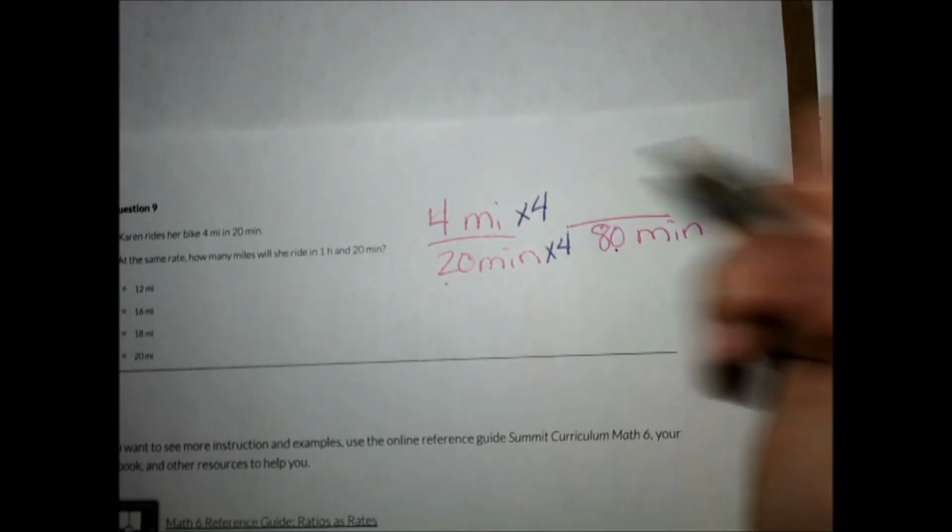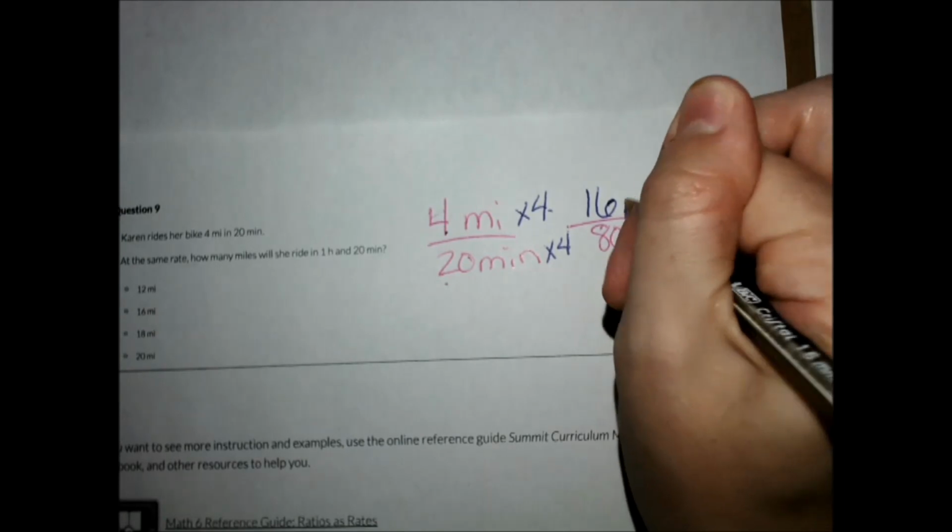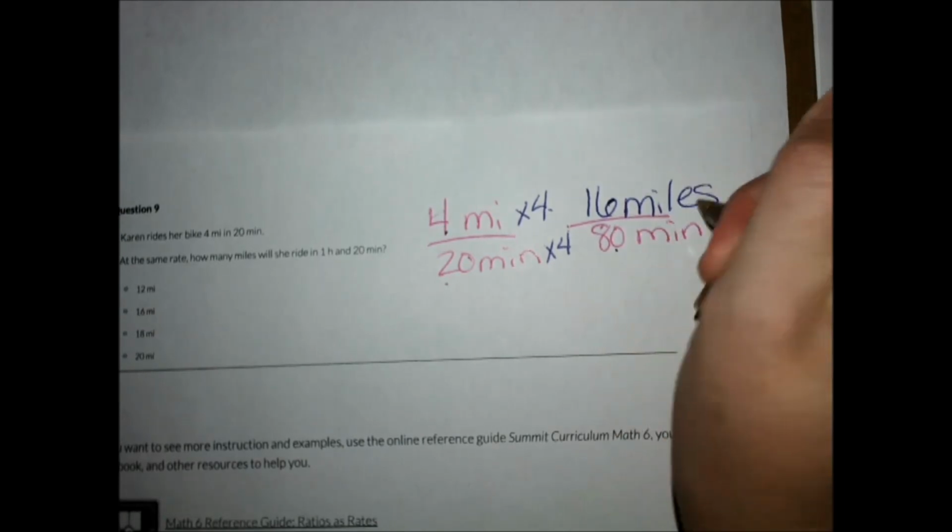And that's 4. So I'm going to multiply the top by 4 also. 4 times 4 is 16. So she can ride 16 miles